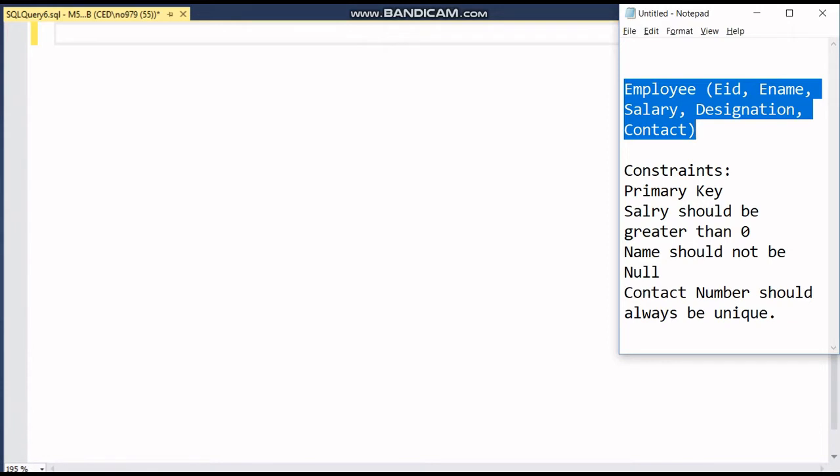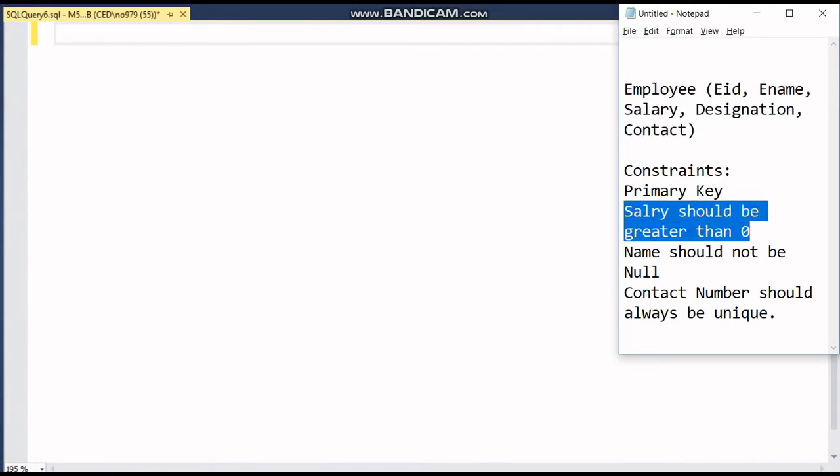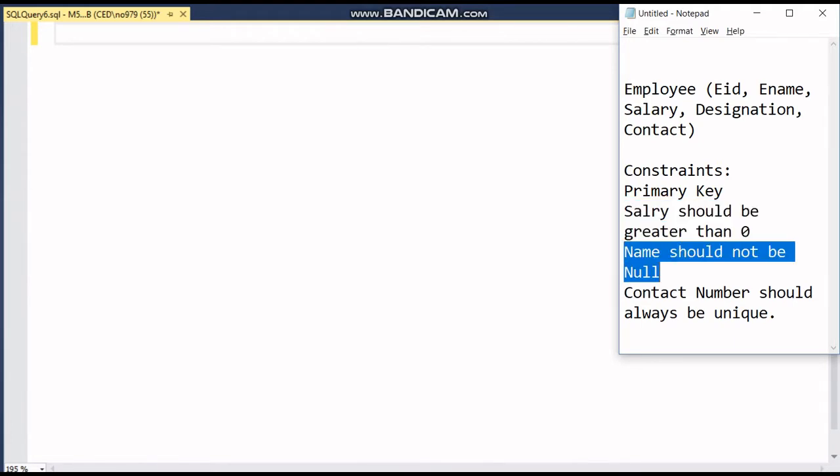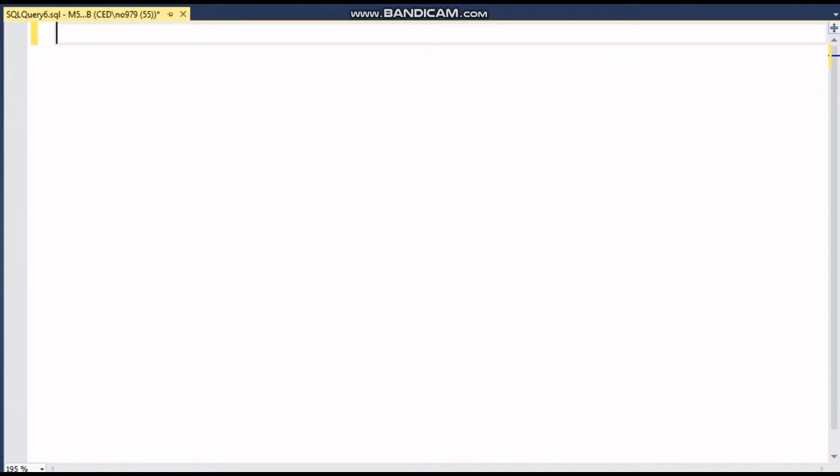The constraints are: primary key, salary should be greater than 0, name should not be null, and contact number should always be unique. Now I will show you how to use these constraints in the create table statement. And if you don't know how to create a table, you can check my previous video. A link for that is provided in the description section.